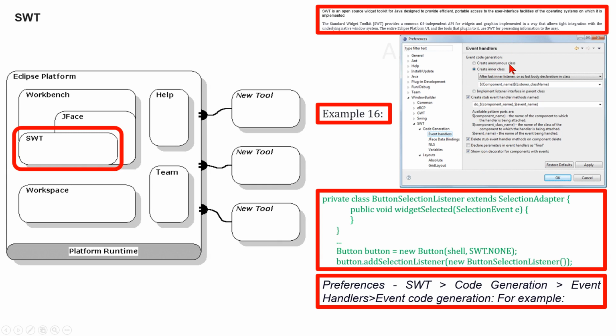First option, create anonymous class, generates anonymous adapter class located in line with the widget definition. Second option is create inner class, generates an adapter class